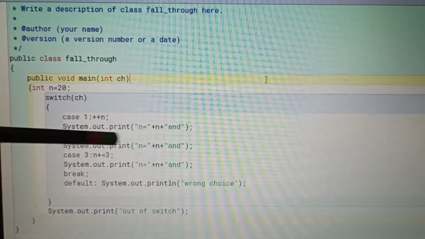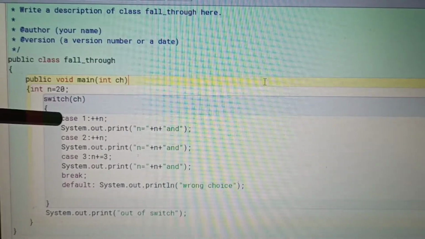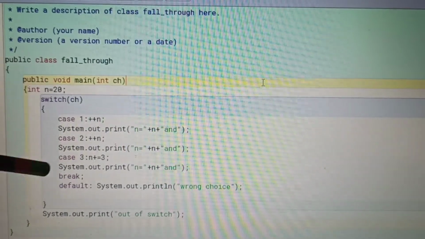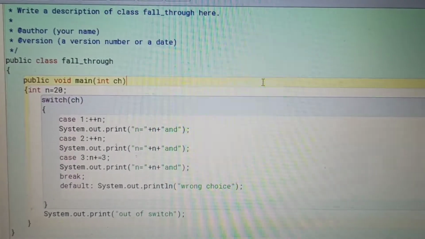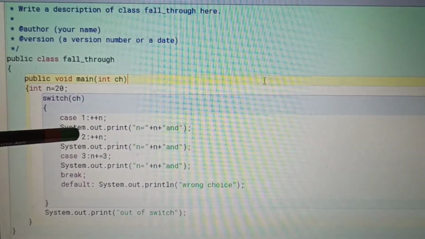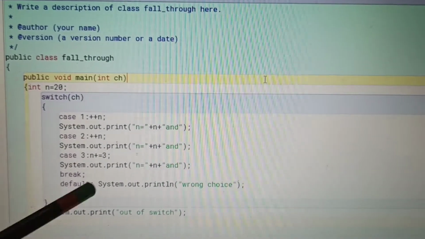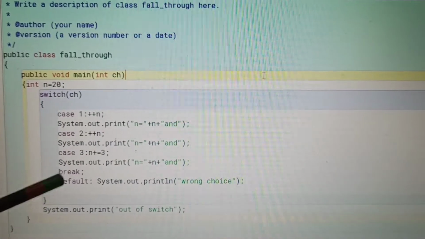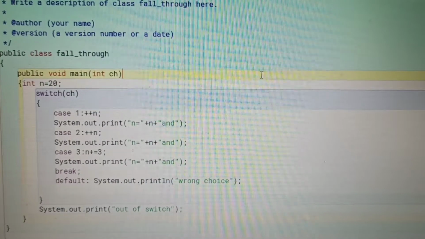This is called a fall through statement. Automatically it will go to case 1, again case 2 and case 3, and at last we have used only one break statement, and the program will finish. If any user presses 2, then the case 2 statement will run, and after that it will automatically go to case 3, and in case 3 the break statement is given.